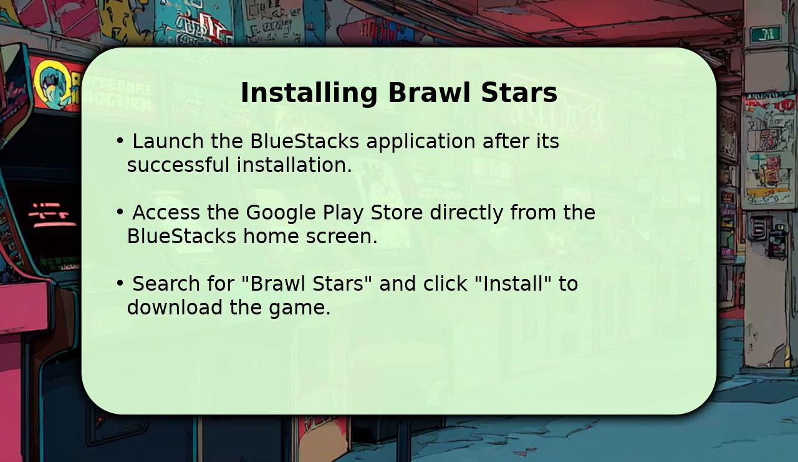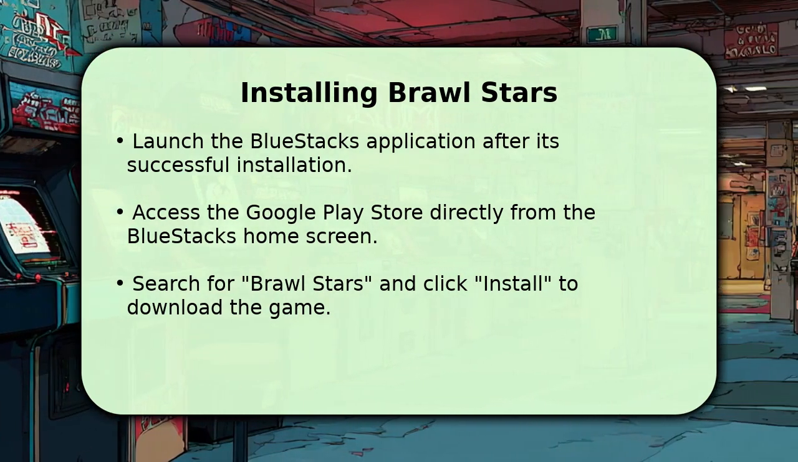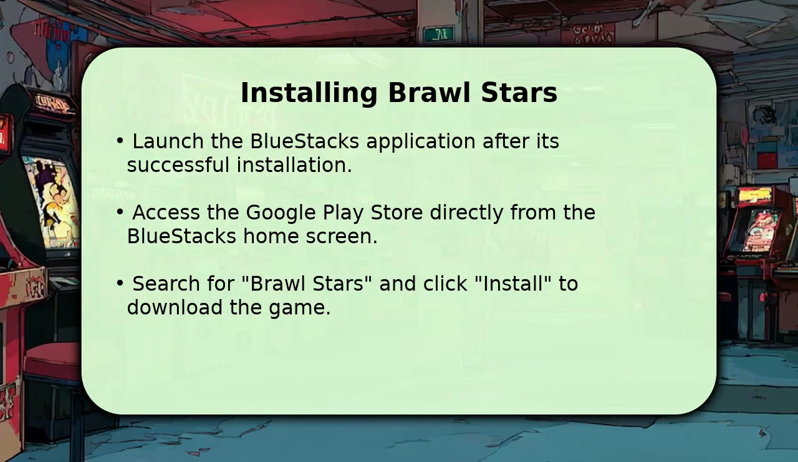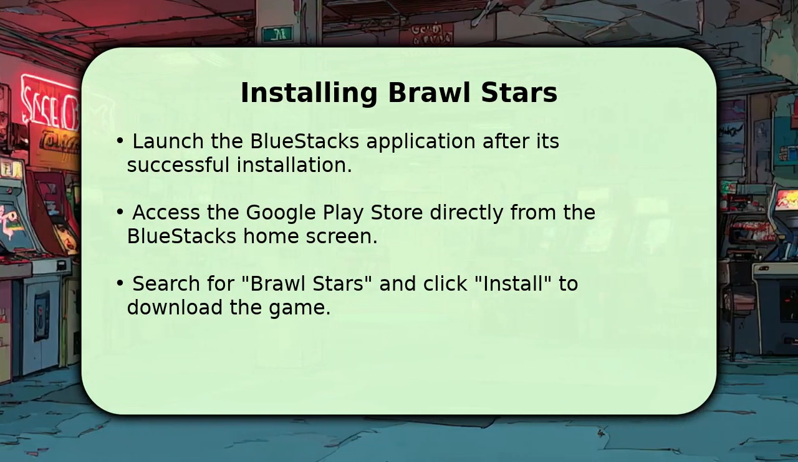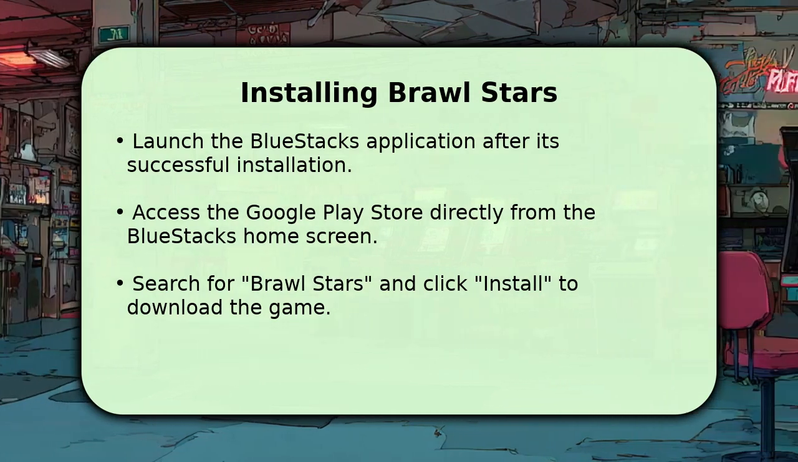On the BlueStacks home screen, you will find an icon for the Google Play Store. Click it to open the storefront. Use the search bar at the top to type in Brawl Stars, then select the official game from the search results. Click the Install button to download and automatically install the game within the emulator, just like on a mobile